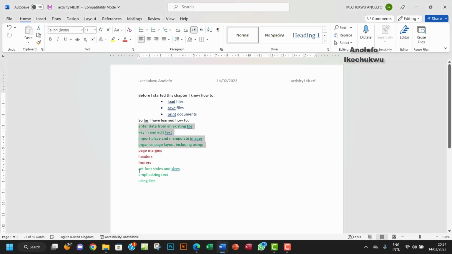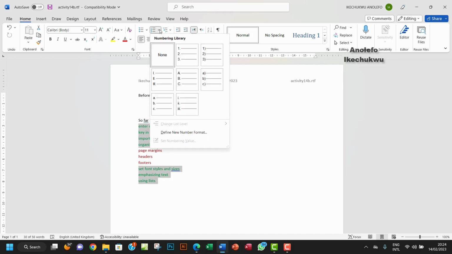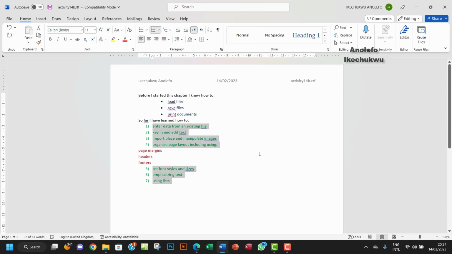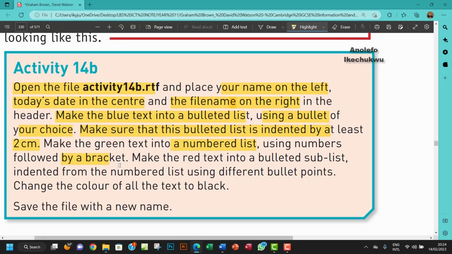So we want to make all of this, so let's select also by holding down the Control key. We select all the greens, we want to number them, so this is what we're going to use. Okay, with brackets, yes. So make the red text into a bulleted sublist,